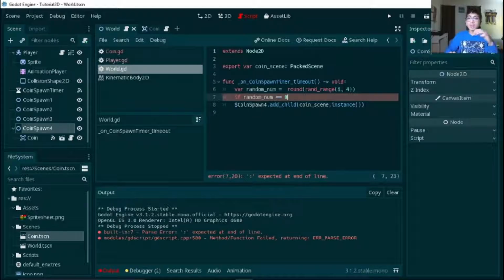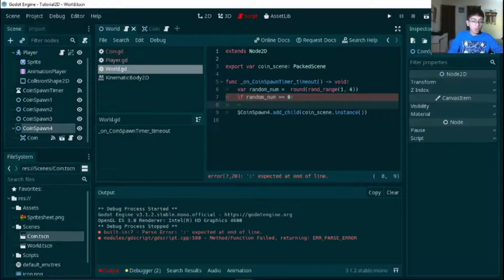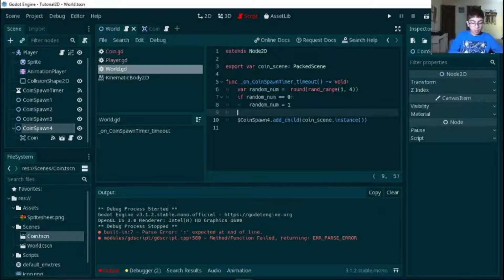Some languages even allow you to have 3 equal signs. I'm going to put a comment. If random num is 0, then I'll set it to 1, because remember, we don't want a 0, we only want a 1, 2, 3, or 4. If the random number is equal to 1, then